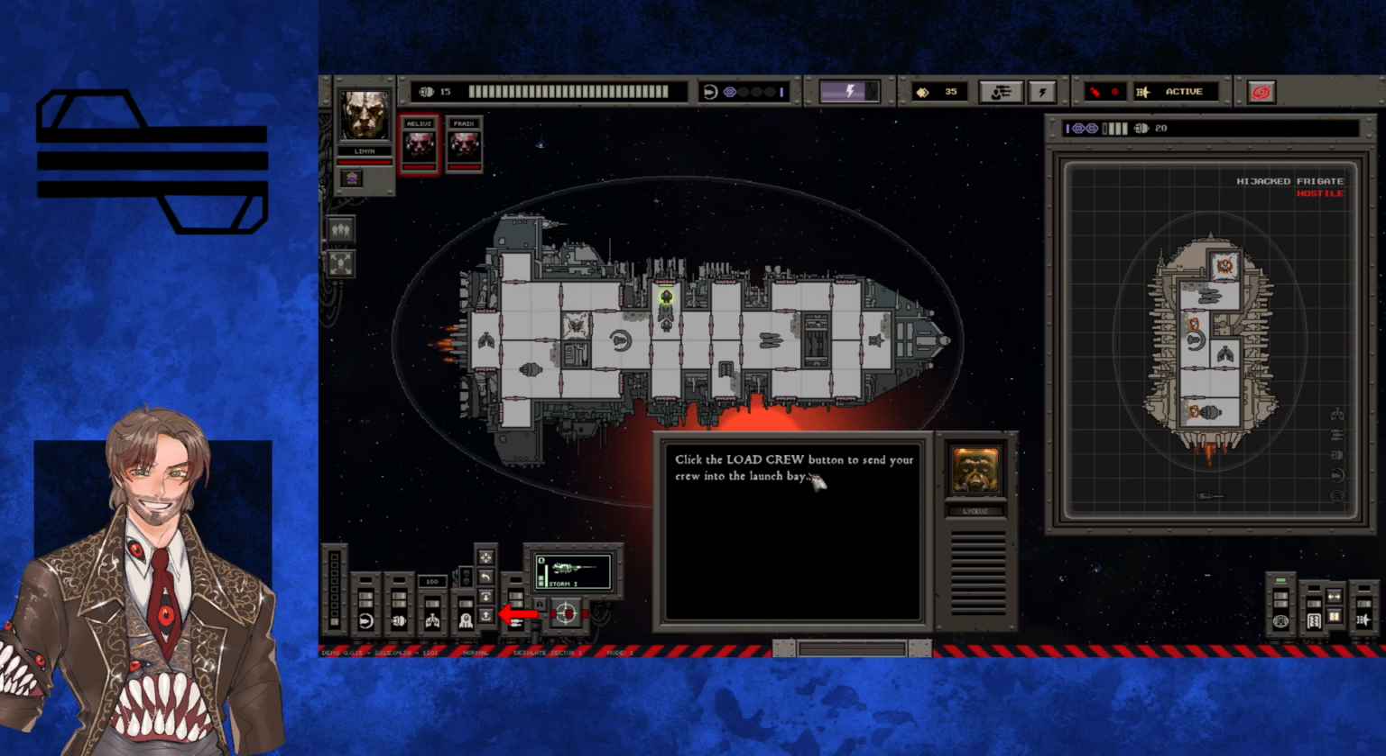Launching an assault sled is a multi-step process. Click the load crew button